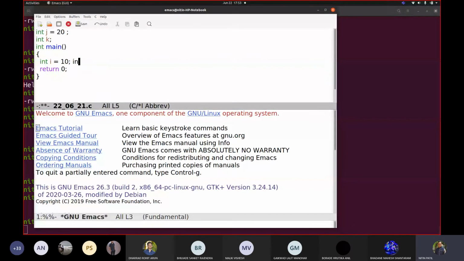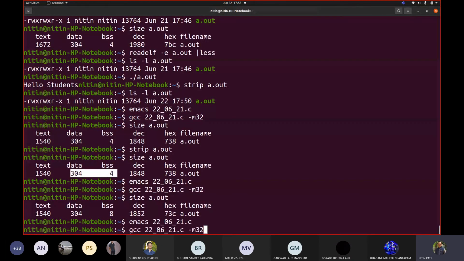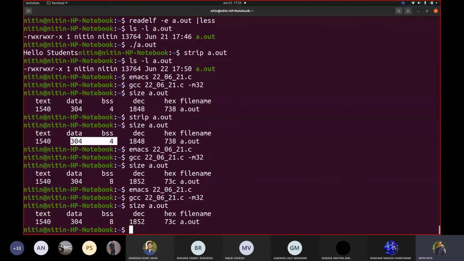Let us go into the code again. Now I took i, so let me write integer m, n, o, p. How many variables are added by me? 4. Correct? Now let me again compile. Now the size should change. Is there any change in terms of size? Actually my code got changed. I added multiple variables, but I can see that the information of my sections never got reflected.